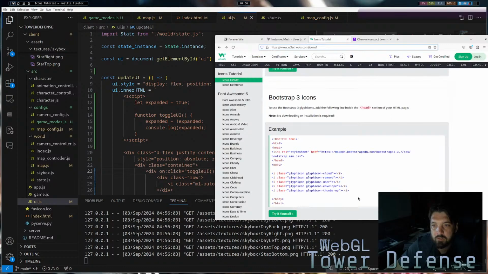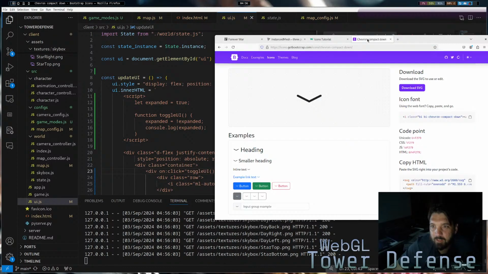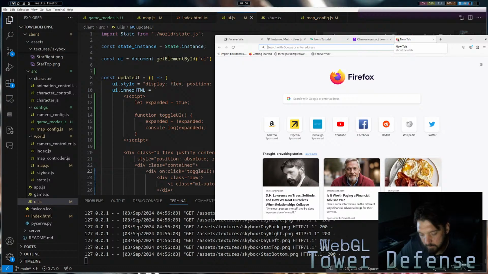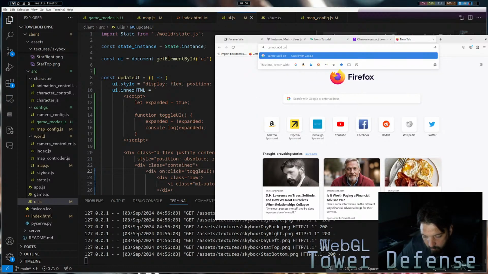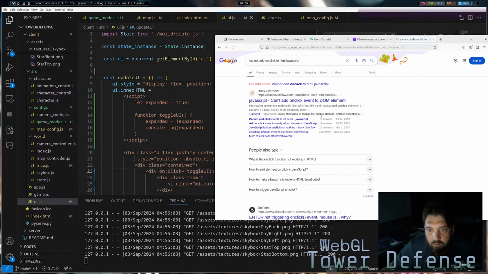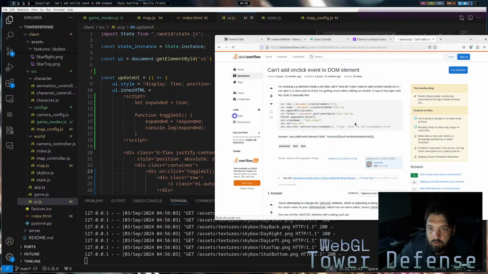I'm always trying to do all this cool shit. Let's see, cannot add on click to HTML JavaScript. I think I just looked at this, but